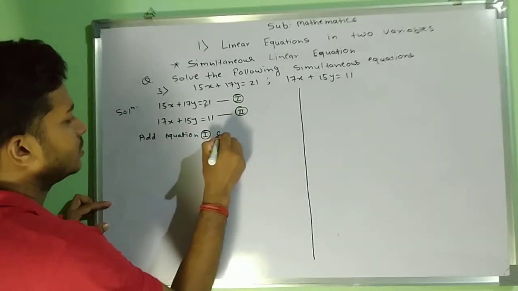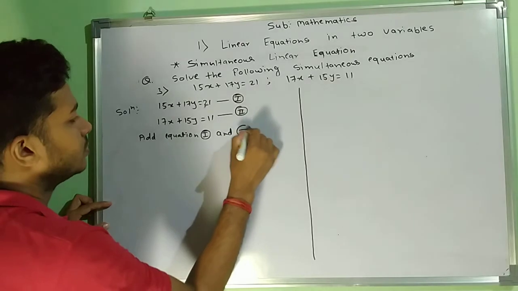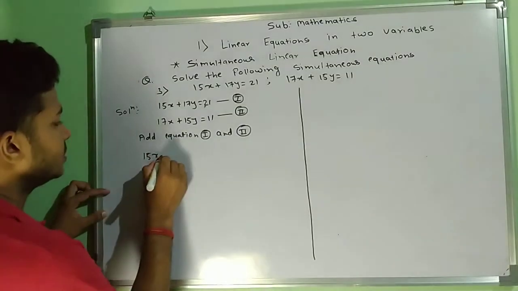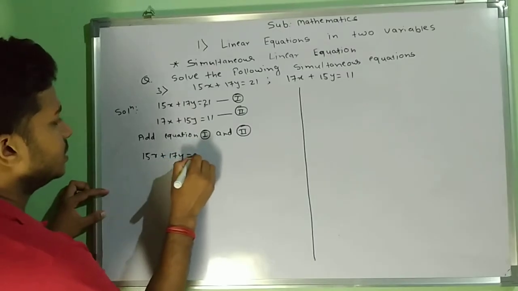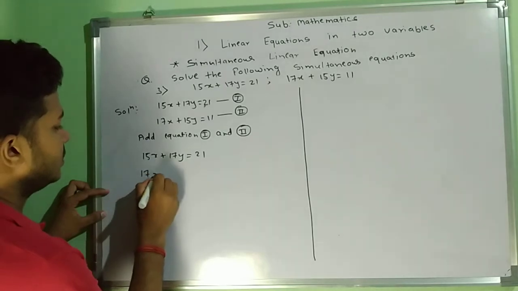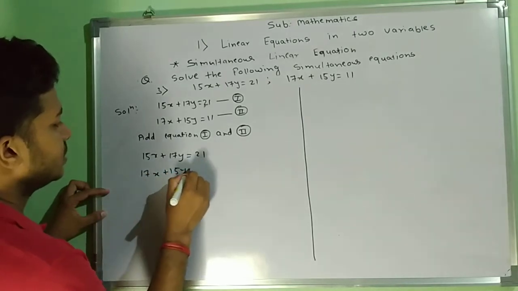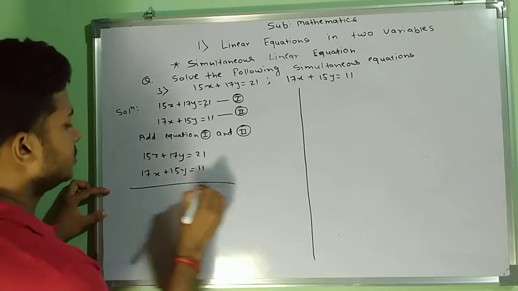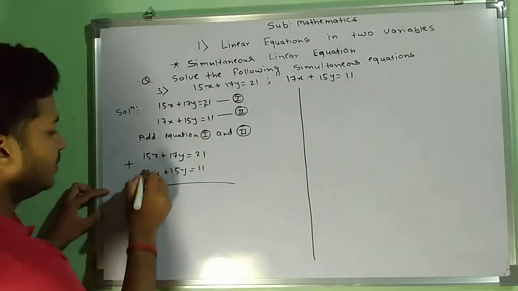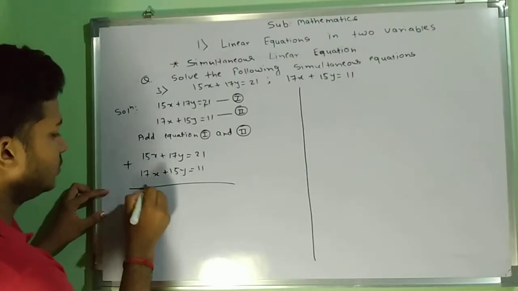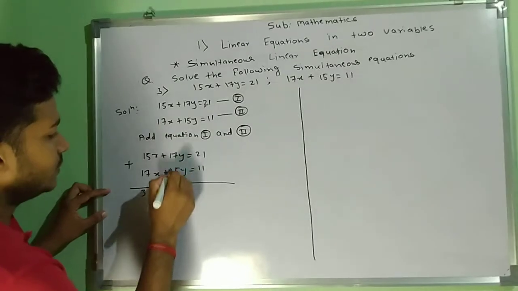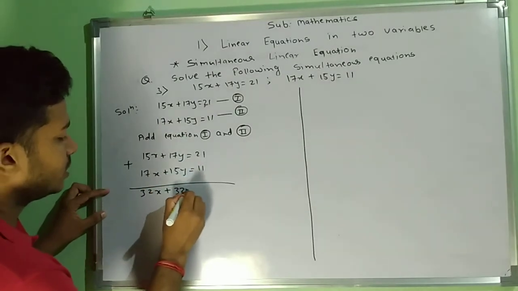Add equation 1 and 2. So here we will add them. Our equation 1 is 15x plus 17y equal to 21, and equation 2 is 17x plus 15y is equal to 11. So as we have to add them, 5 plus 7, 12, 2 carry over 1, 32x plus here again 17 plus 15 is equal to 32y